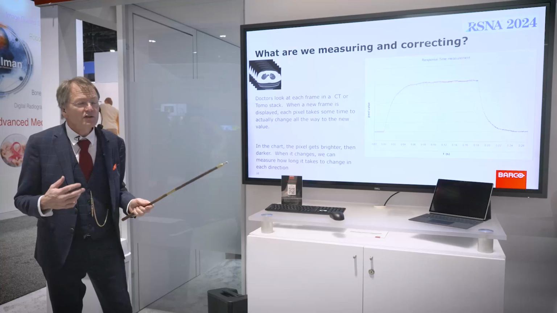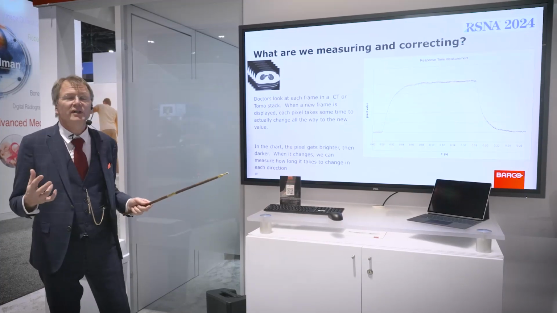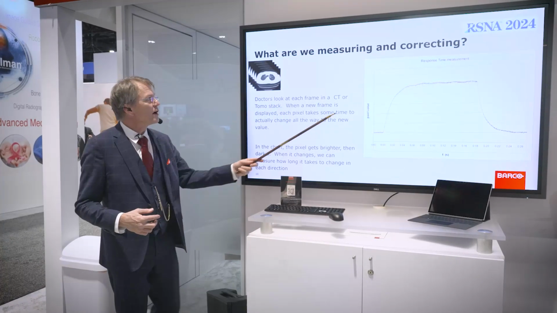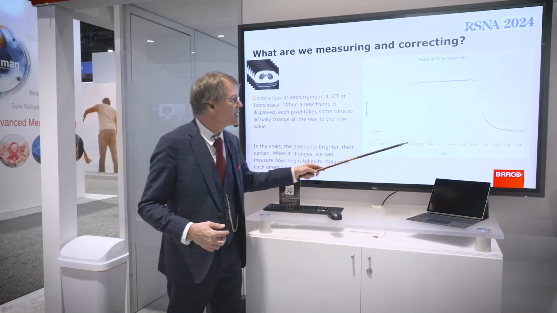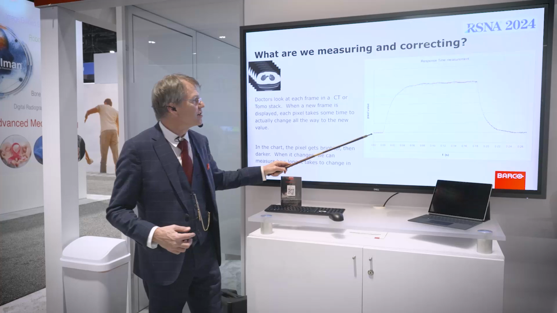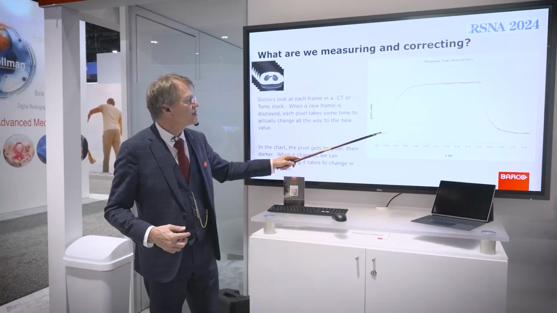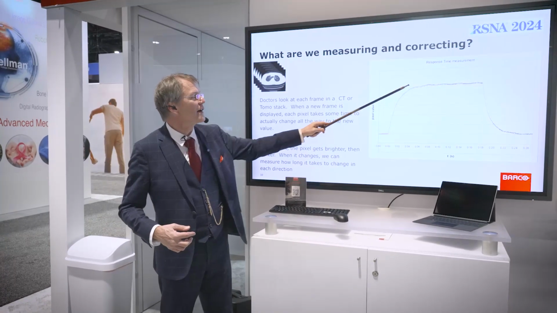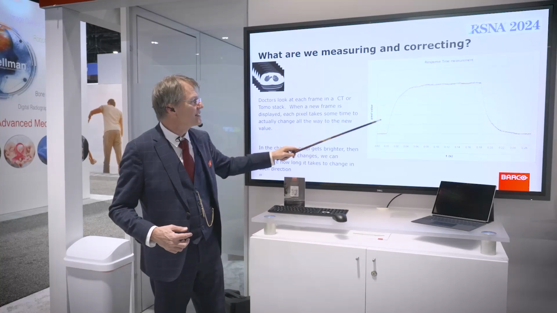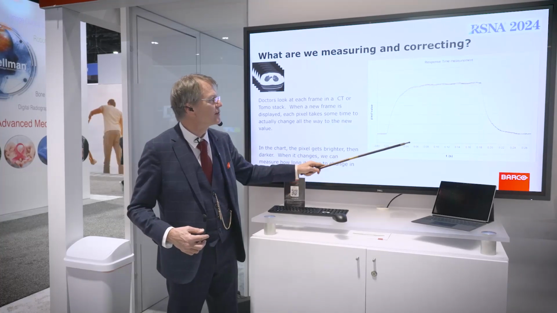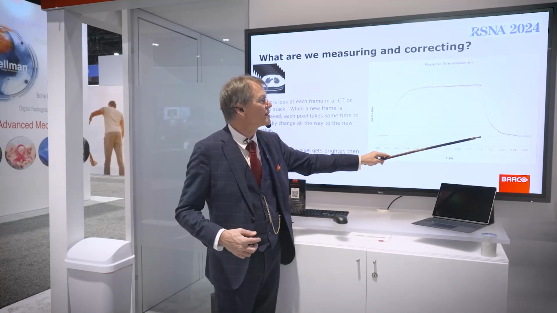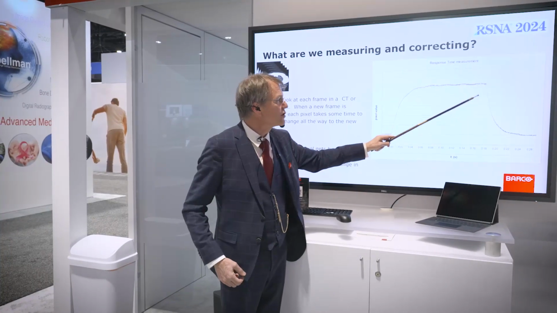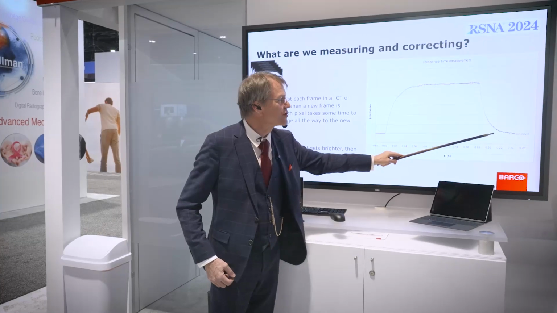So if we look at what we are actually measuring and correcting, here we are. This is a response time measurement where we're taking, in time, the pixel value. Here someone has tried to raise the pixel value up to here, but it doesn't get there immediately. It takes a certain amount of time to do that. Similarly, when they're lowering it to a new, lower pixel value, it also comes down, and then takes a while to get there.